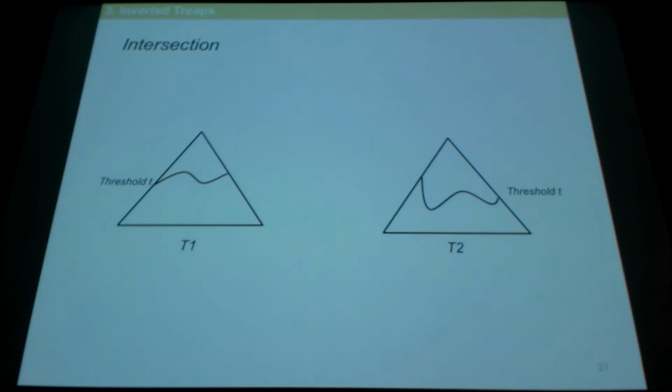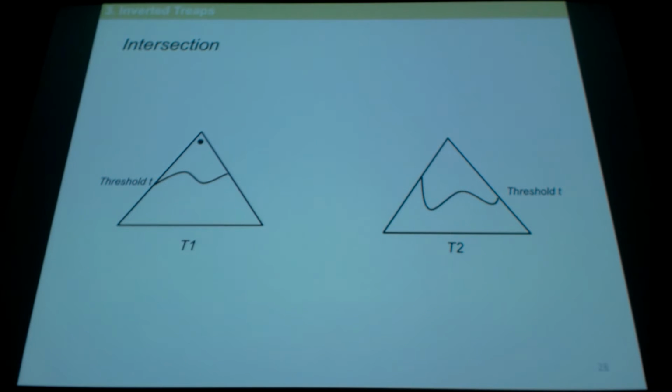So let me explain the idea, a really broad idea. Let's say that we have term 1 on the left and term 2 on the right. We're representing them as treaps, and we're looking for the first one over there. That's a node, that's a document ID. We're going to look for that document in the second treap. We'll start there and do a traversal in a binary search tree. And as soon as we get below some threshold,